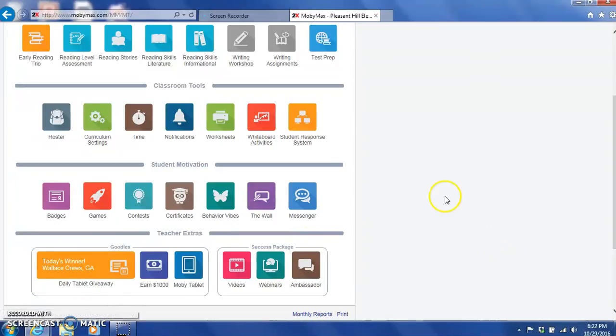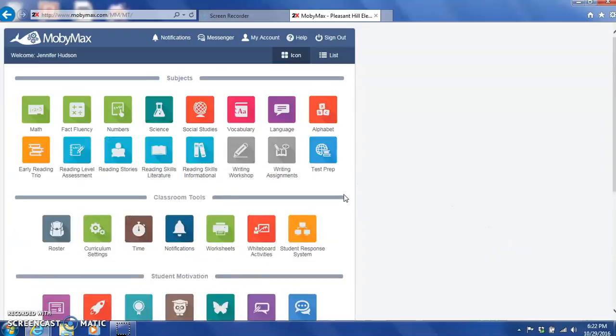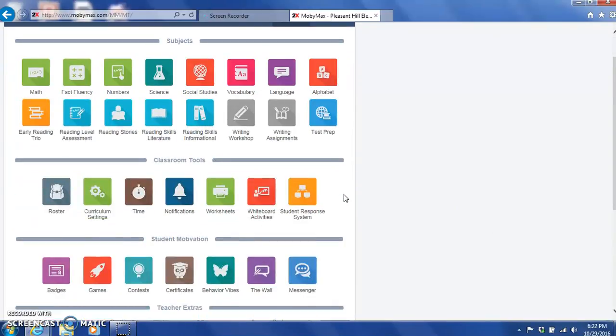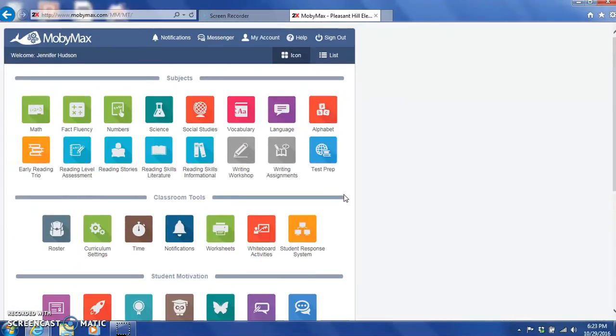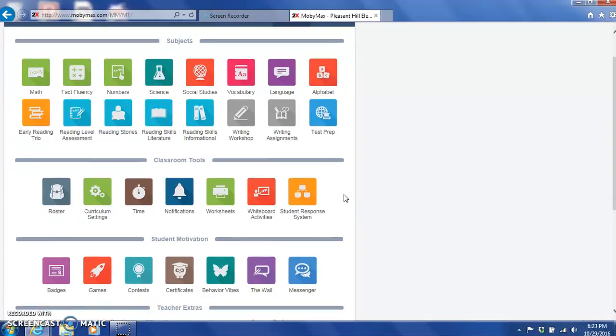Now, I haven't really used this. I am fairly not new to MobyMax, but I know I don't use all of the resources. As you can tell, this dashboard has many things, and it can be overwhelming at times with so many resources that it has to offer. So by all means, explore what you may use in your classroom, I may not use in mine, and vice versa. So I just hope that you find this program useful, and I hope that you're able to see what